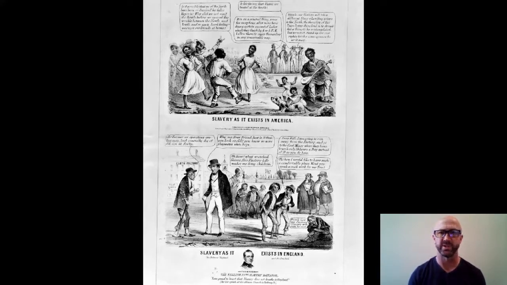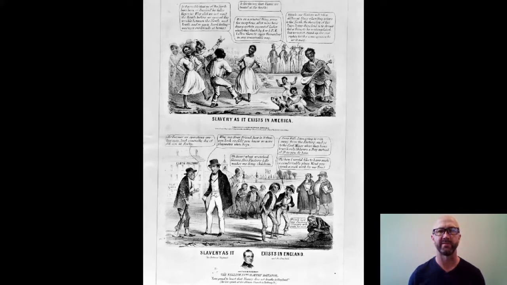I wanted to show this to you, and I could show you hundreds of these, because you would never believe otherwise that people actually believed this. Remember, England, Great Britain has outlawed slavery for over 100 years at this point. And what you see over here are former slaves who are decrepit, who are begging, who haven't done anything with their lives. And the verbiage is basically saying, well, see, if you didn't help them out, if you didn't support them, meaning hold them as slaves, they can't do anything with their lives.